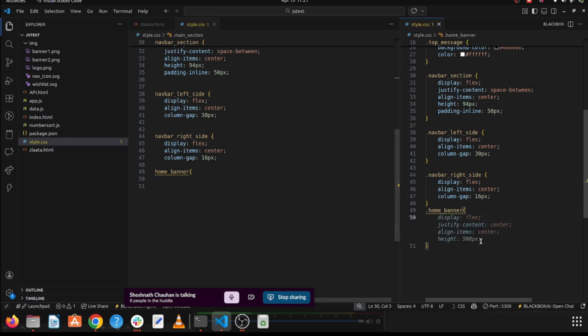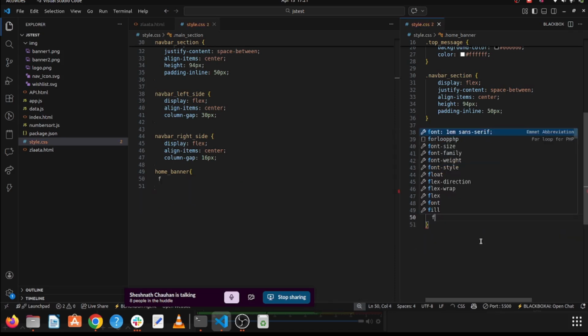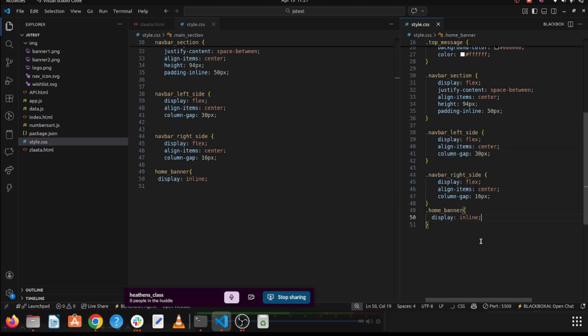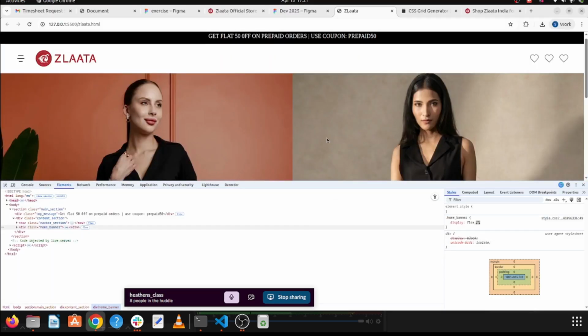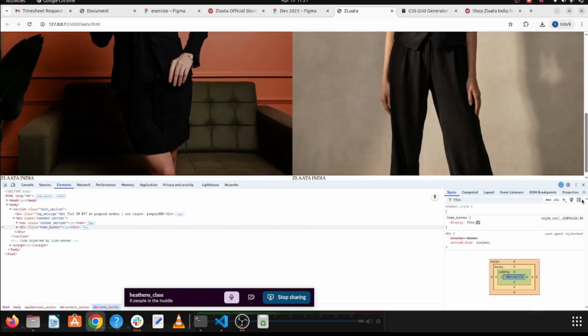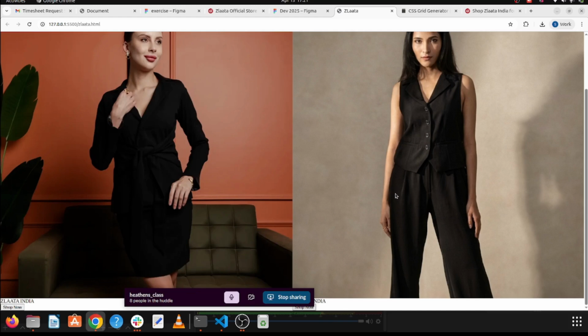I will explain later. Display flex, it will take the width properly. Okay, now next one is